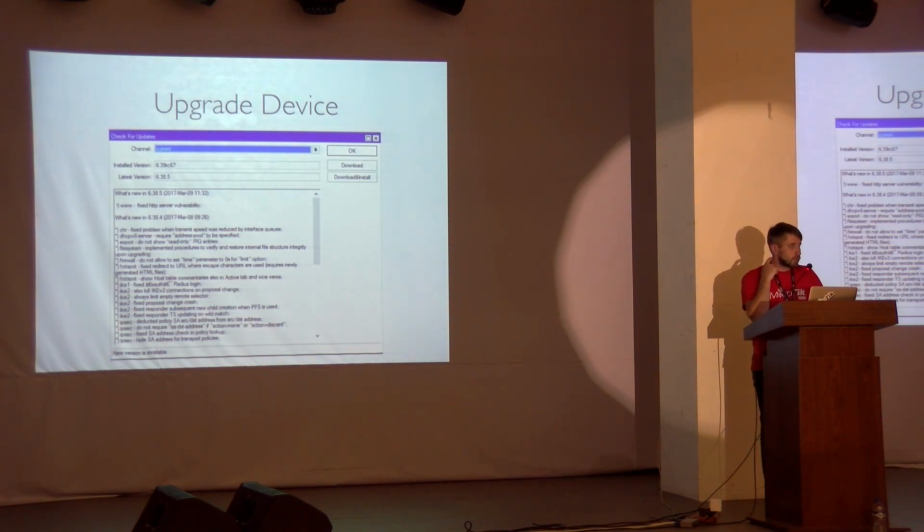So you can upgrade the router automatically in Winbox. You go to System, Packages and click on Update, and you get such a menu where you can select a channel and then upgrade your router automatically. When you decide to upgrade to a newer version, you see, like here, we can upgrade to 6.38.5, and it also prints a changelog, so we can consider whether we need this upgrade or not. And then you click on download and install, and a newer version will be installed on your router after reboot automatically.